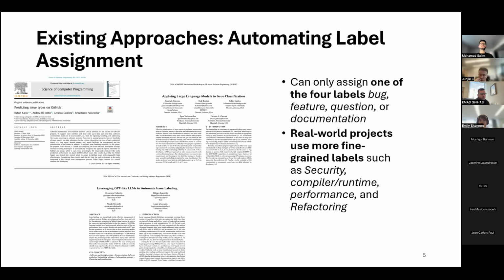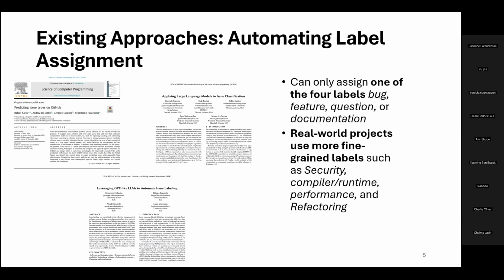But yeah, they're usually one of the four: bug, feature, question, or documentation. And real world projects use a lot more fine grained labels. I have some examples there up on the screen: security, compiler runtime, performance, and refactoring. So as a result, these haven't really been adopted because they just don't have that usefulness that